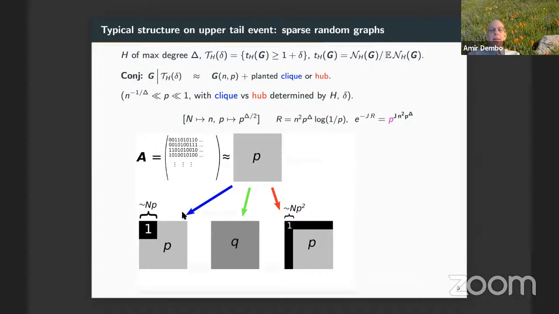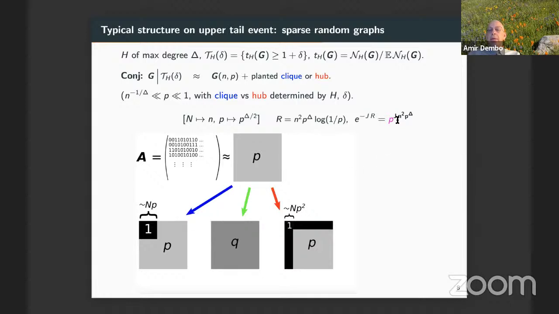Suppose we have ones of size Rj. Let me look at the size of the ones. Here, I choose n P to the delta over 2 times n P to the delta over 2. So the total number of ones I have is of order n squared P to the delta. The probability of choosing ones here where there were supposed to be P's is going to be P to the